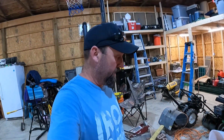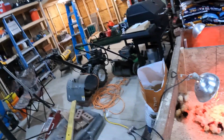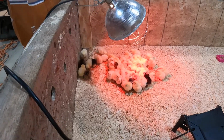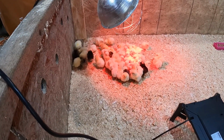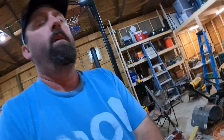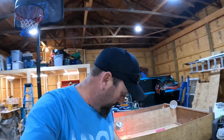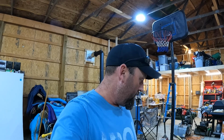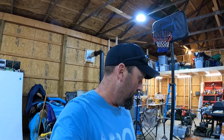All right, guys, well, we got our chickens in finally. They are called Super Roaster broilers. There's 60 of them. We also got 12 new layers to add to our flock, because our flock is somewhat aging, so we needed to replace a few of them if we wanted to maintain eggs anyhow. So, but we got 2 Barbrock, 2 Wellington, and a couple other ones. I'm not sure on the other ones, but yeah,